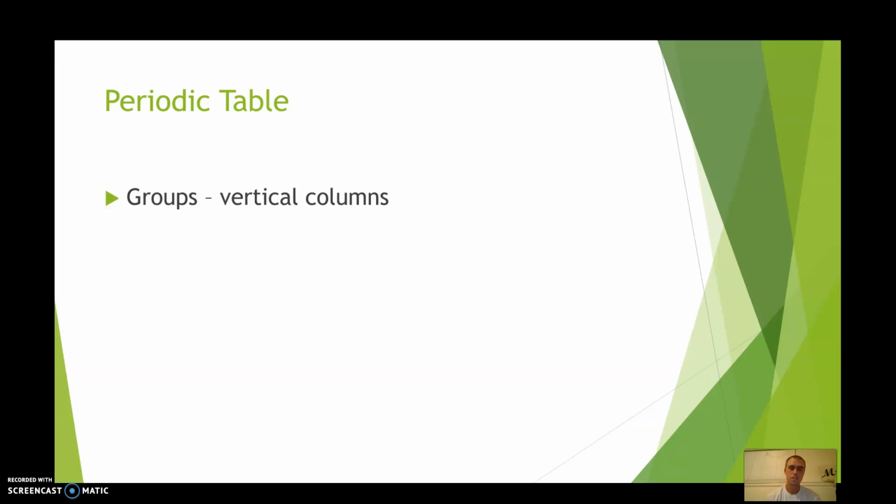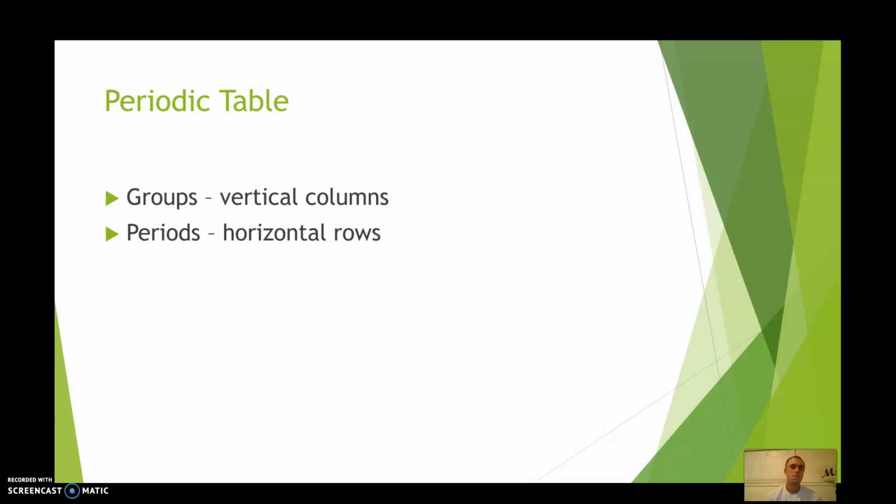Groups is the term that we give to the vertical columns on the periodic table. Okay, so the columns that go up and down, we refer to those as groups, and they are all numbered. So I can say group 1 or group 2 or group 13, and I'm referring to a specific column